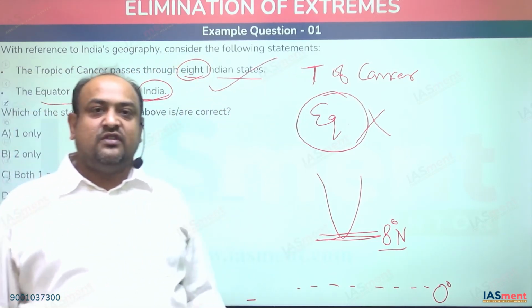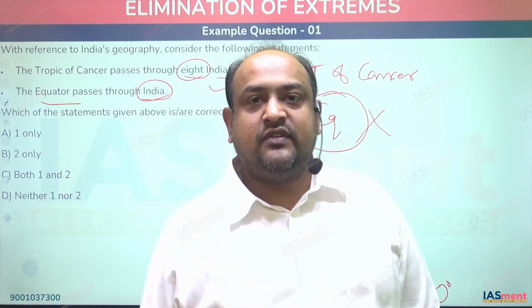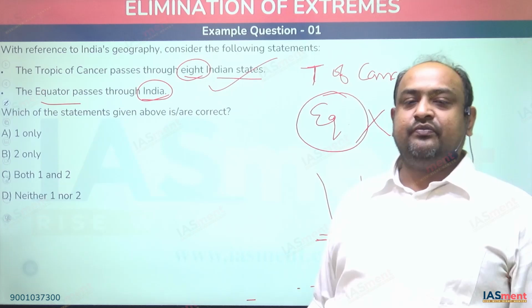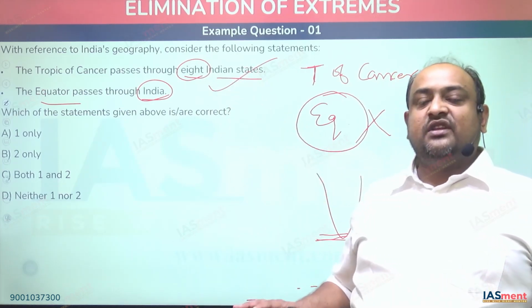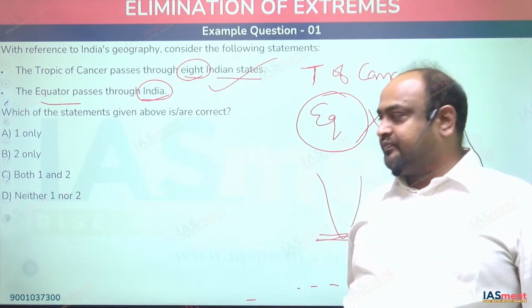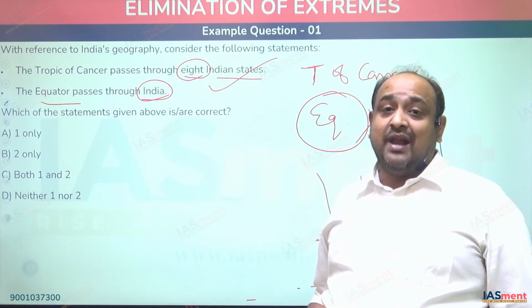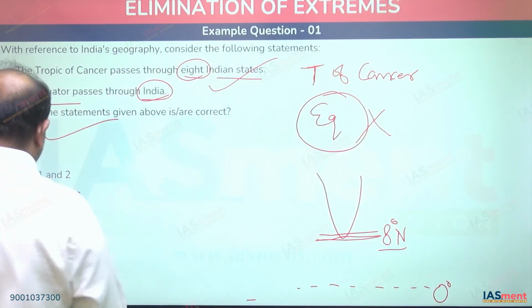Now, let's suppose you don't know about the first statement. Now you have to choose from either of the statements. What I have said is that the chances of both statements being wrong are very less. Either one of the statements will be right. If you have to guess blindly, then also you can go with statement 1.